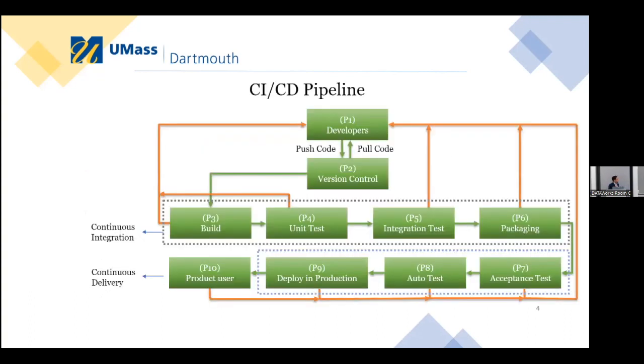This is a very generic CI/CD pipeline. This pipeline can be modified based on the software development company. Starting from the developer, they will do their coding in their own coding branches. Whenever they are done, they will push their code to the version control, where a project manager will create a GitHub repository. Whenever the developer needs to make any changes, they will pull the previously updated version of the software and make the changes. Then it will go for the continuous integration test,